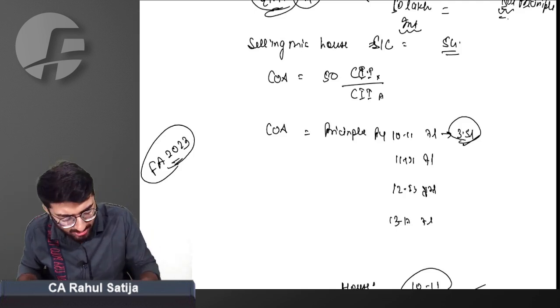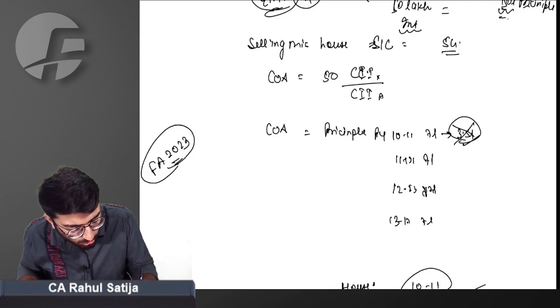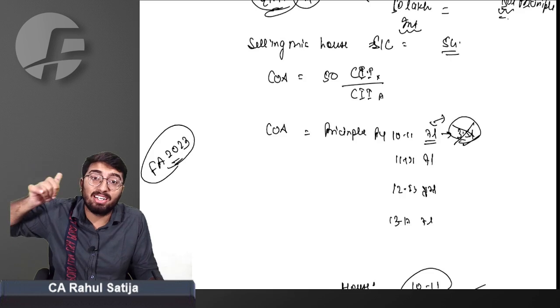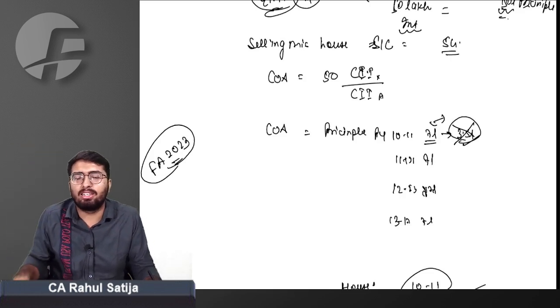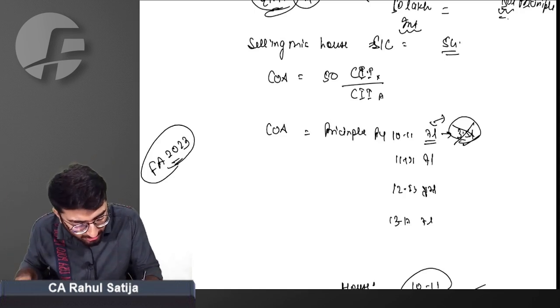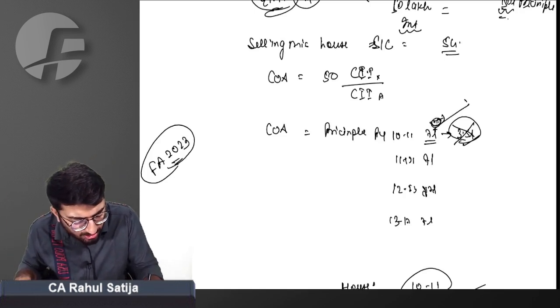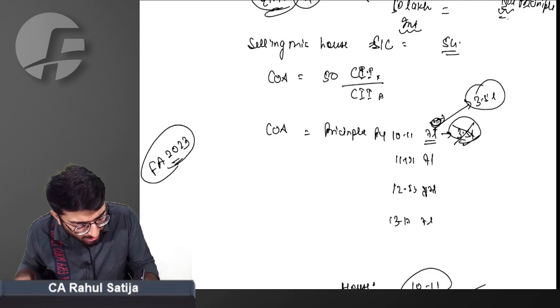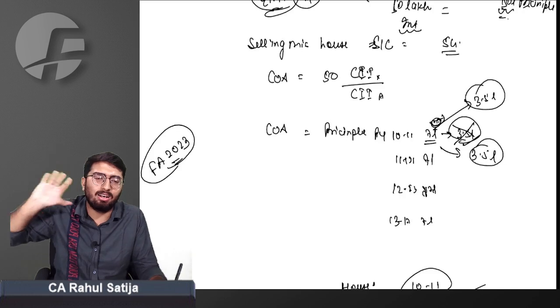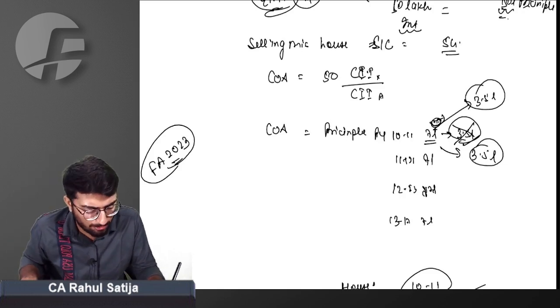The right answer is what the government said. You cannot take interest paid on such loan as cost of acquisition if that interest has already been claimed as deduction under Chapter 6A or under section 24B. Now say, for example, the 7 lakh EMI includes 3.5 lakh interest and 3.5 lakh loan repayment. Suppose this is the legitimate bifurcation.